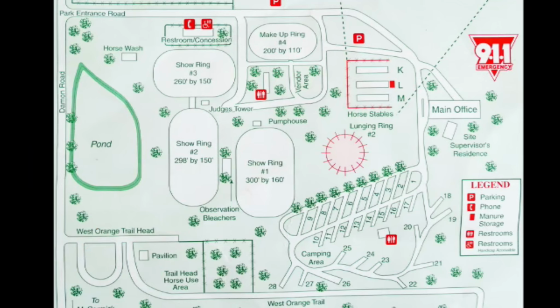The Coast to Coast Trail continues west on the West Orange Trail for 13.6 miles till it ends at the Orange County line, and then transitions smoothly onto the South Lake Trail for 12.7 miles to the State Road 50 gap. My video on the West Orange Trail shows all the points of interest, including the trailheads and the facilities there,